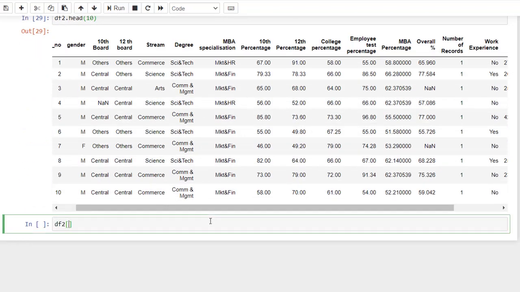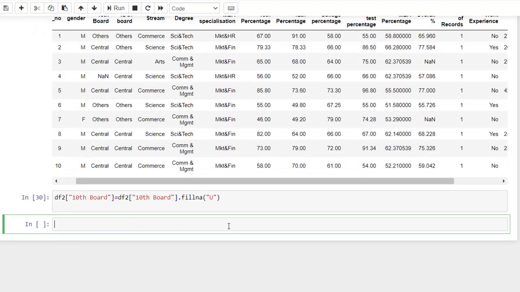So df2 of 10th board equal to df2 of 10th board dot fillna of a new category. I am assigning a new category named U.